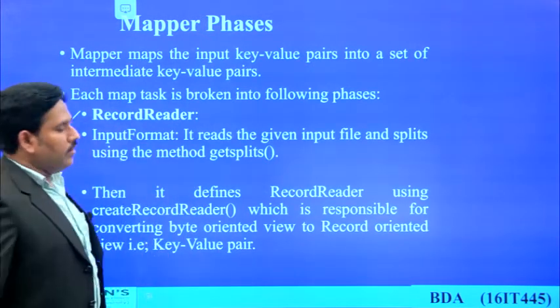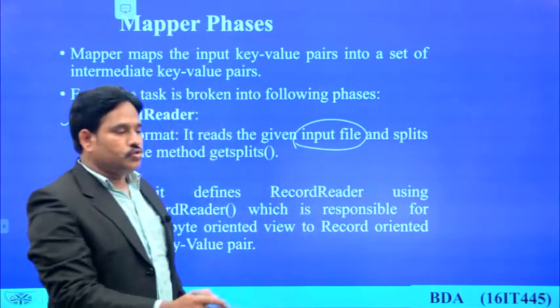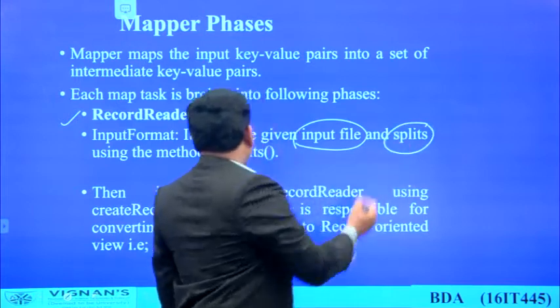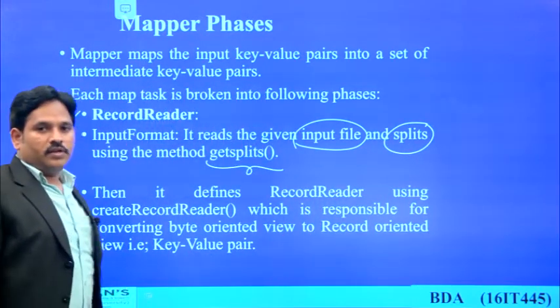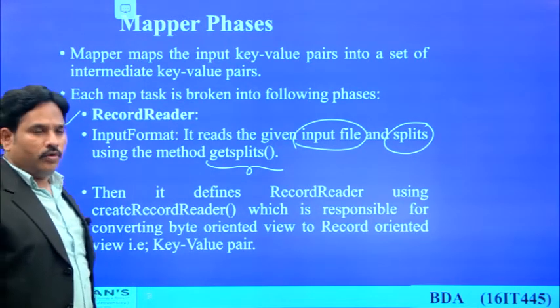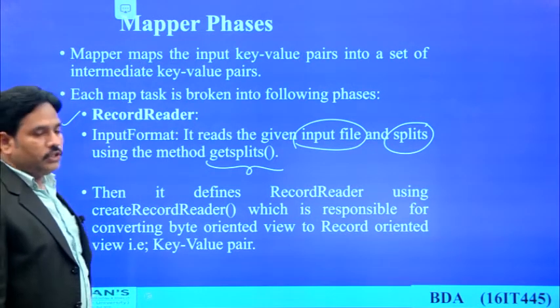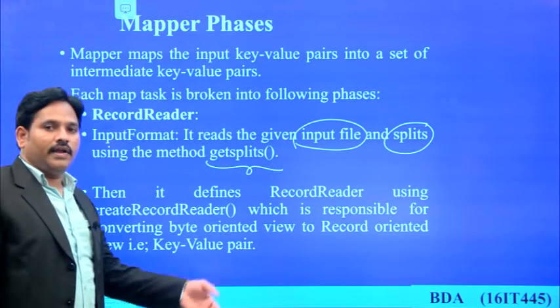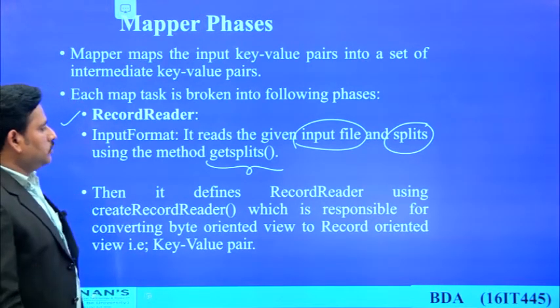It reads the given input file and tries to split the data by applying a function called get splits. This is an inbuilt function in the Java or Hadoop environment. The get splits function will split the data or file into smaller chunks,